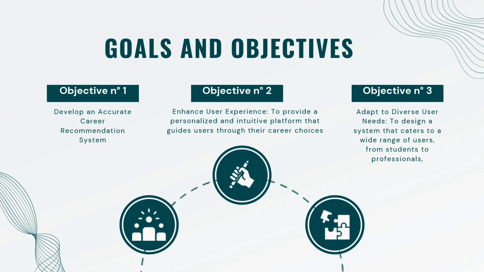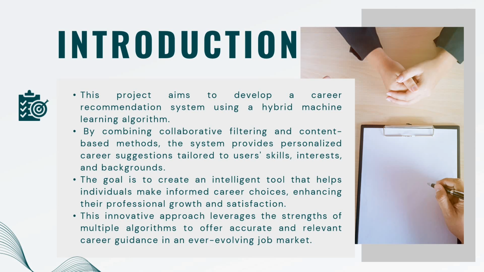So it's not limited to specific jobs. Having a variety of jobs and a variety of courses to suggest is the major advantage of this project. In the introduction, we mentioned that career recommendation is important for every student. Here we are using a hybrid recommendation system, which is very efficient as well as more personalized up to current standards. It uses the user's skills, interests, and background from the user profile, and analyzes all the content to make the personalized recommendation.